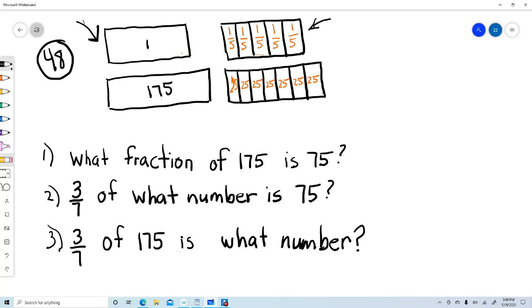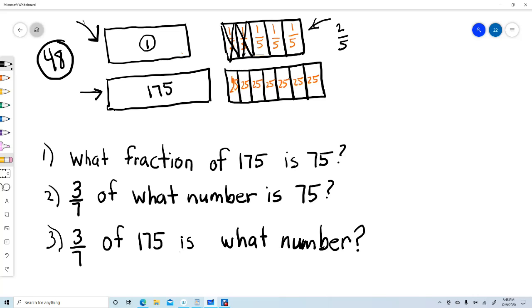So if my whole number is 1, if the rectangle is represented by 1, then when I divide it into 5 equal groups, it's going to be a fraction. It's going to be just part of 1, or less than 1. For example, I could X 2 of them off, and then I would call that 2/5. Now, if my rectangle were to represent a number greater than 1, say, 175